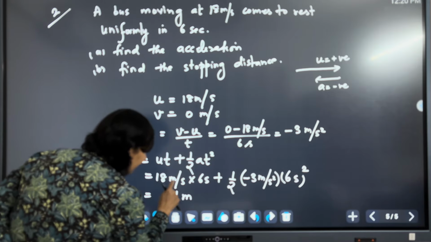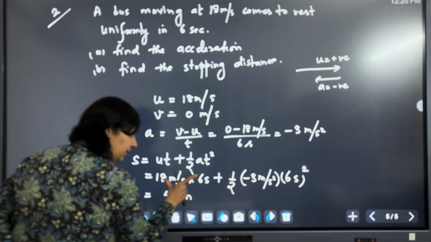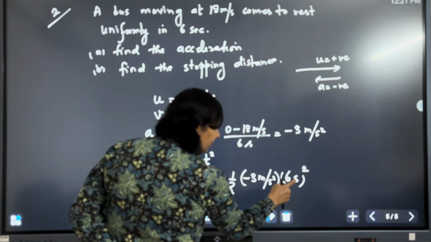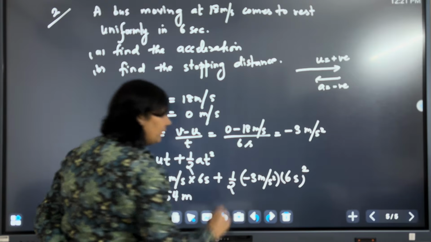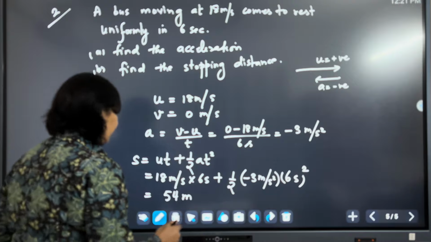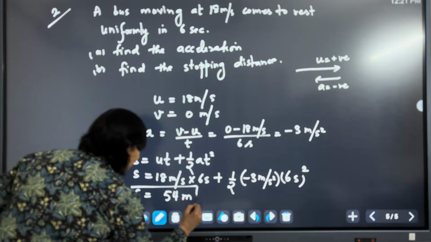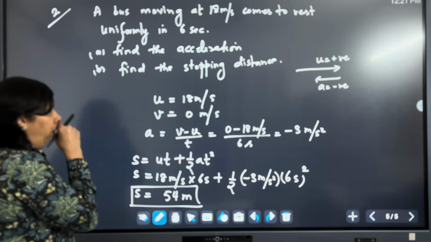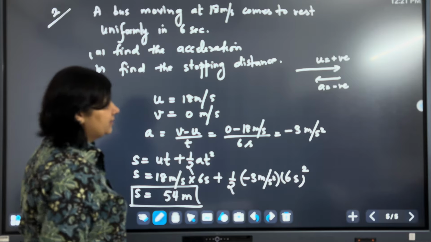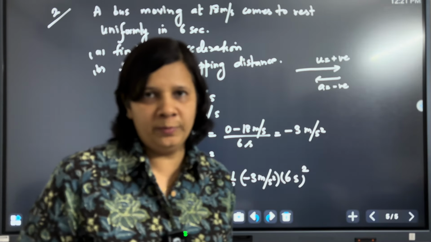So basically this will be meter per second into second, you will get meter. So the dimension of the first term should be length, the dimension of the second term should also be length, because meter per second square into second square will cancel, you will get again only the dimension of length, and that's what we expect, because displacement should have dimensions of length. So a is equal to minus 3 meter per second square, right? This is how you will solve this problem.